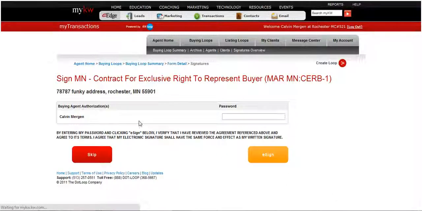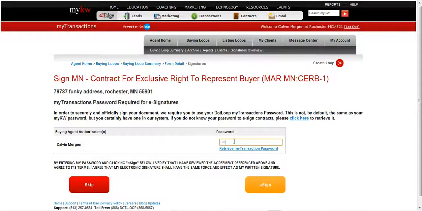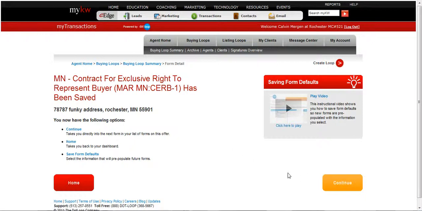And what it's going to do is ask for my password to sign that. And if you do not know it, you can quickly click retrieve my transaction password, and it'll instantly email you a new password, and then you can go in there, grab that, and use that as the password. Then I hit e-sign, and now that form is done. It's just saying, yep, you filled that all out, and I'll just hit continue, or I can hit continue over there, and it brings me right to the next form,